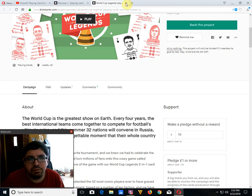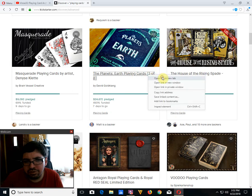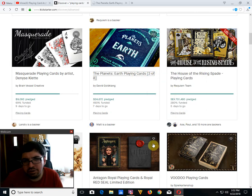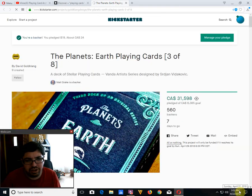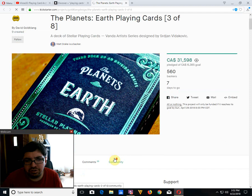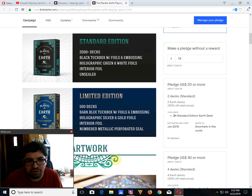Anyway, moving on, we've got Planets Earth playing cards by David Goldkling, aka Vanda. It is very well funded. 7 days to go. This is the third out of 8 decks. This one's got green colors, as you can see. They're stellar playing cards, as they call them. Again, in a standard and a limited edition. Only difference with the limited edition is a limited tuck case, and that's it. Both tuck cases have foil and embossing and custom seals